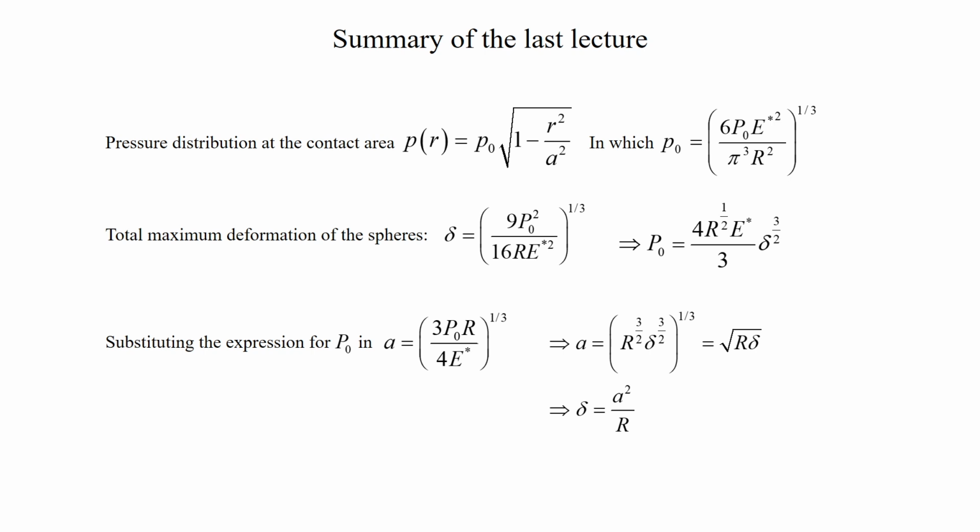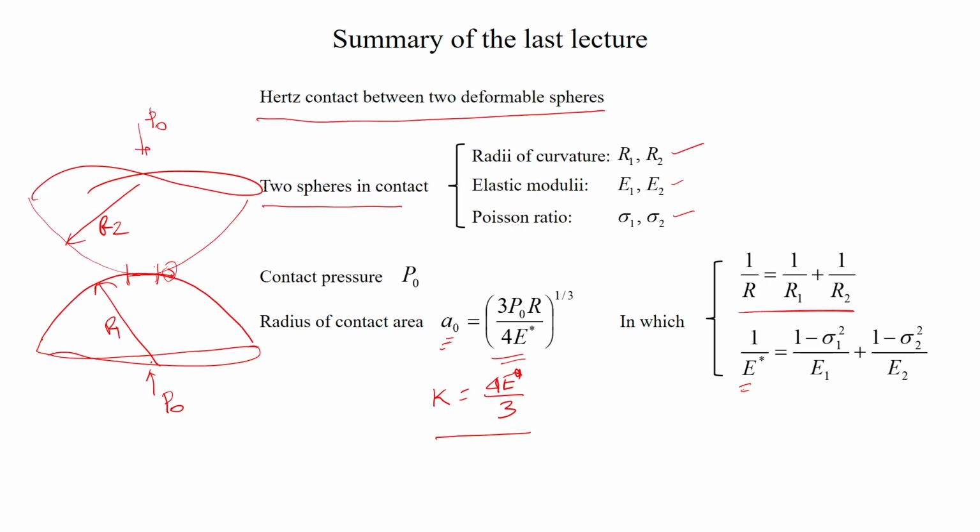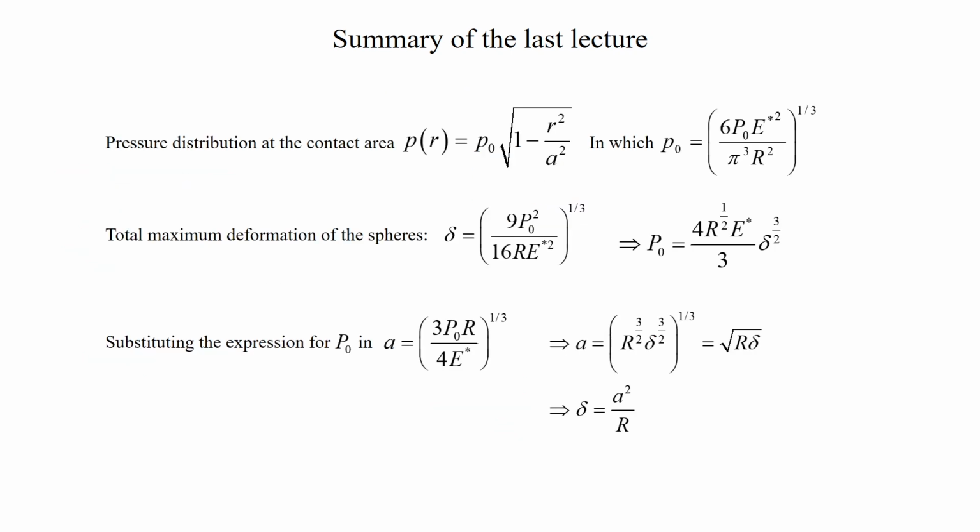Now, in order to know how much this contact area will increase, let us say it increases to something like this. So, the contact area has increased from A0 to, let us say, A1. In order to know how much the contact area is increased and how to relate that to the energy of adhesion, which we call the work of adhesion, we have to consider what happens when we apply this contact pressure